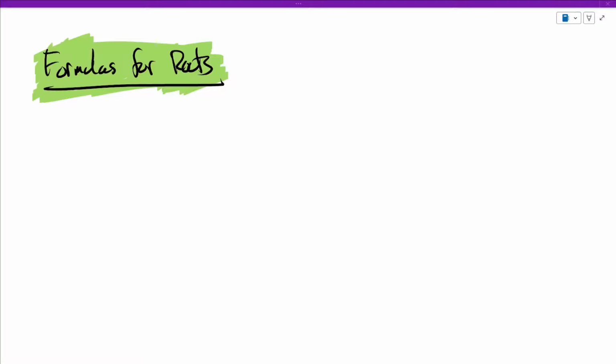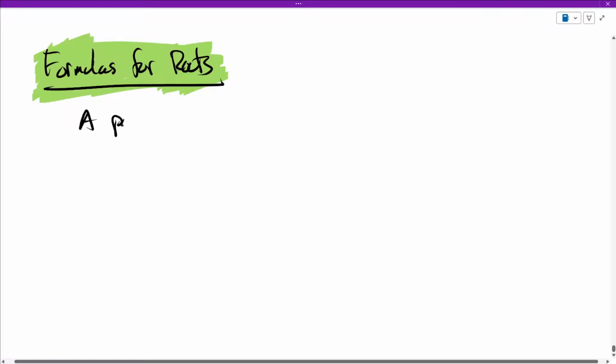Now we know that C has all the roots that we could ever want for any polynomial in this setup that we're doing. But knowing that they exist there and being able to find them are different things. So let me just say a general polynomial equation